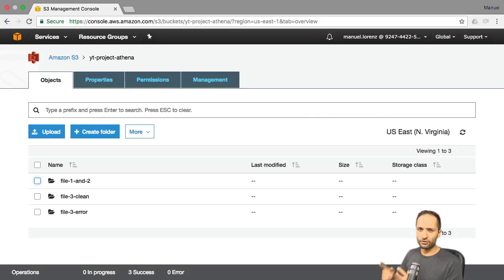And the last thing is related to the storage class, the topic we just talked about. Because to use S3 and Athena in combination, you need to make sure 2 things. The first thing is that all folders in your S3 bucket must have the same storage class. We talked about these different classes. Additionally, the Glacier storage class is not supported by Athena. But that's it actually. With that, we now have a basic understanding of S3. We created 3 different folders and we uploaded our source files to these folders. And with that, we are now ready to start working with Athena. So let's take a look at what Athena is and how we can query these data we just